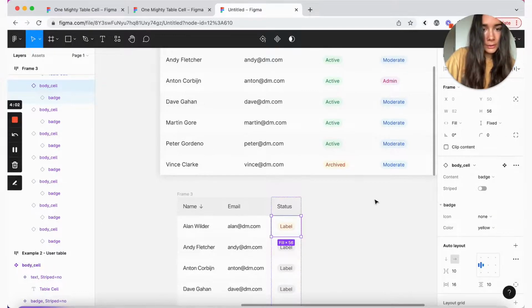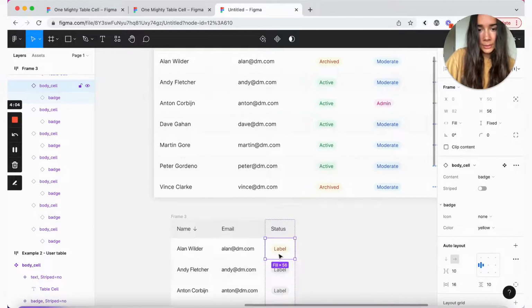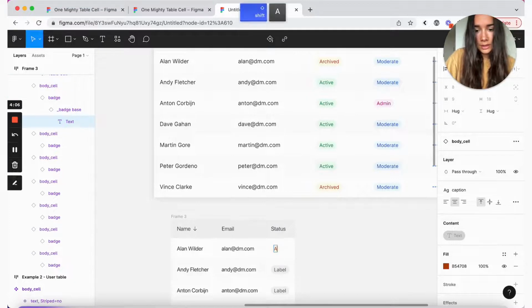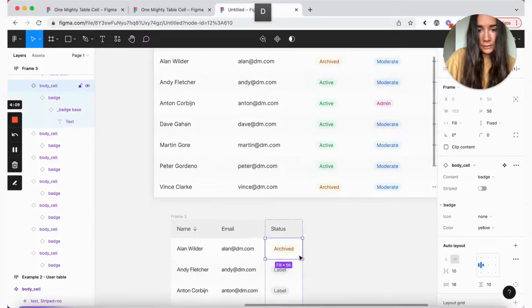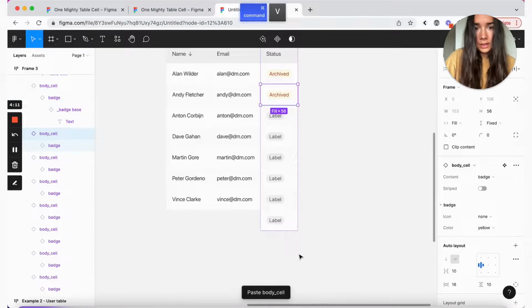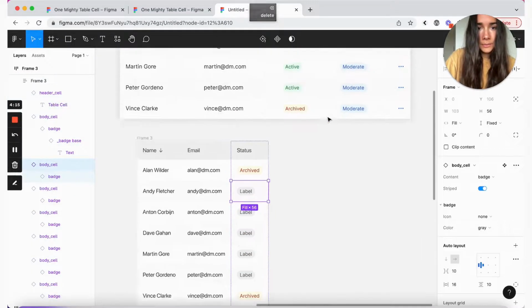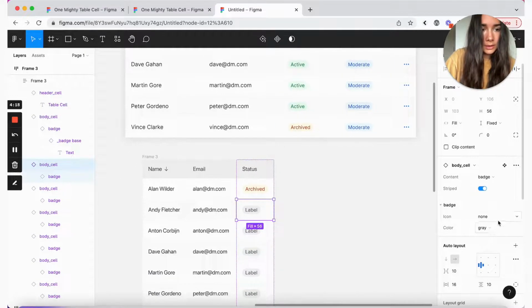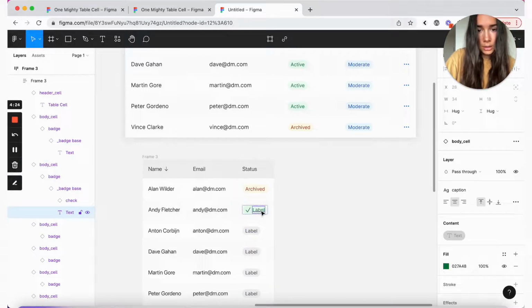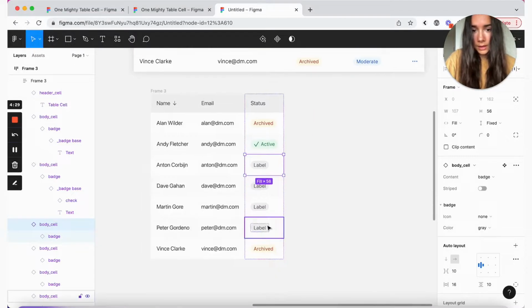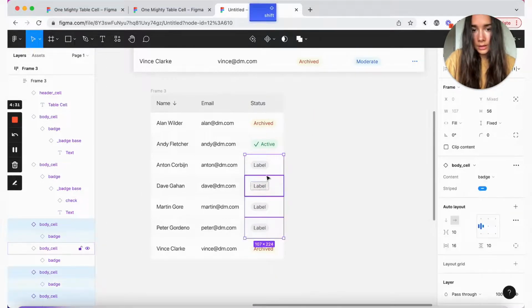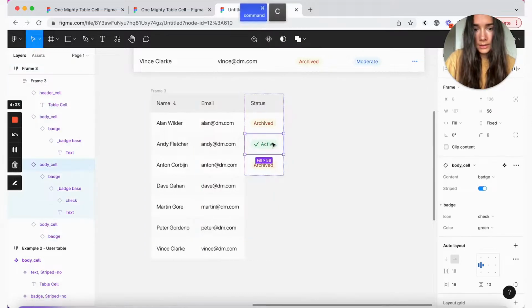But we do have a few repeats here, so we can just do archived, and then we'll just copy this one over to the last one, and then this one we'll make active. Let's actually give it a check mark, because why not? And then we can delete this.